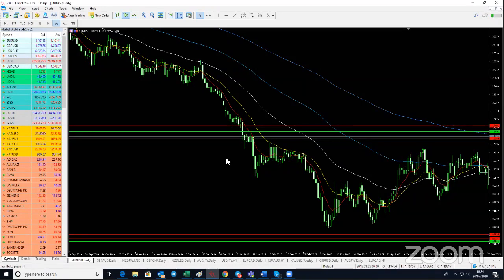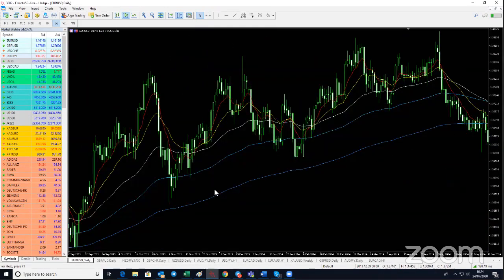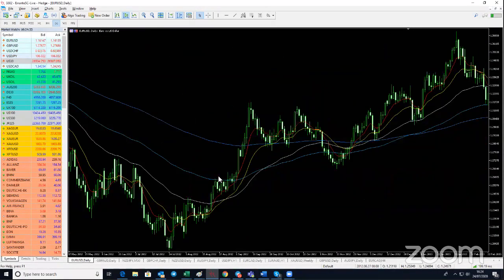So we have a little bit of hope to see that there are some sellers waiting under the current price, and some buyers are waiting above the green line as well. So we do have interest in both sides, but we just need to, I think the reason why we are at this moment is because it could go in both ways.